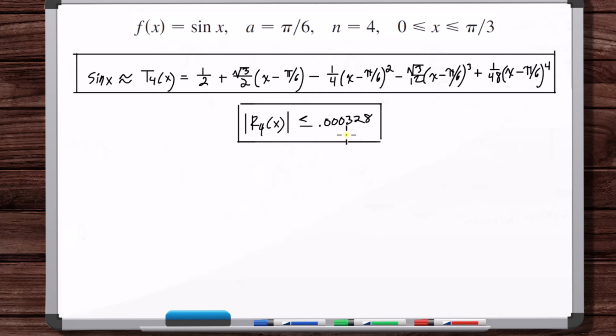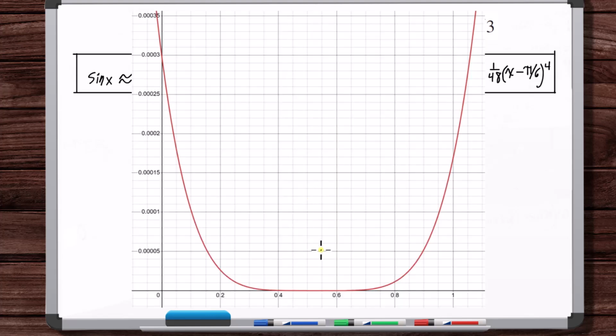Okay, so now I'm going to plug into Desmos sine x minus all of this. Okay, so I plugged in sine x minus all of this into Desmos, and there you go. So pi over 6 is around 0.5, pi over 3 is around 1.0 something, but then at 0 it's higher than that. So here's about pi over 3, but then the highest point looks to be at x